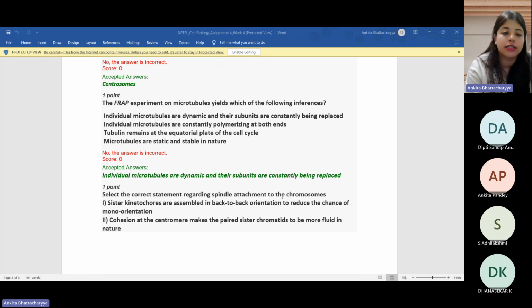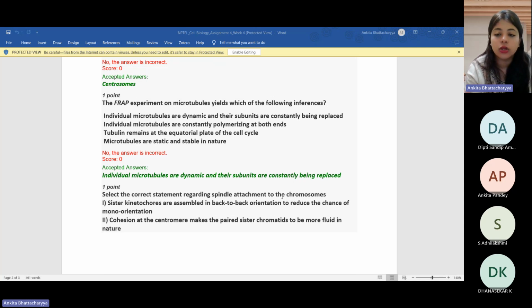Only chromosomes are at the center. Individual microtubules constantly polymerizing at both ends is also not correct. Polymerization is very orientation specific. Microtubules have a plus end and a minus end, and they only add new dimers at the dividing end. So the FRAP experiment was representative of option A, the experiment intended